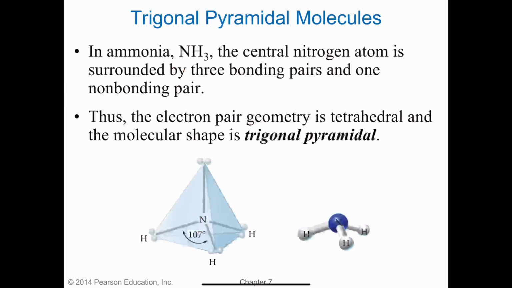Now, if you've got 4 things around it, but one of those things happens to be a lone pair, then we're going to call it trigonal pyramidal. So this is ammonia. This is the common example for a trigonal pyramidal. It's got a nitrogen and 3 hydrogens, but then one of the things around the nitrogen is a lone pair,